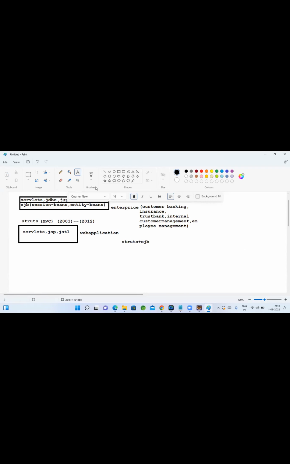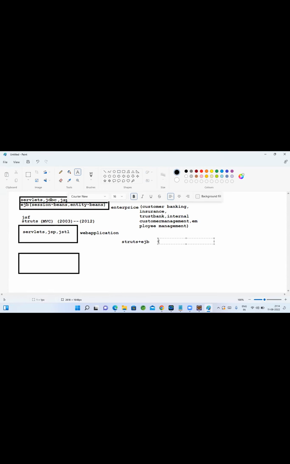And were there any other frameworks that came into the market thereafter? Like Struts, many web frameworks came into the market: Struts, Wicket, JSF also. JSF is also kind of a Struts-like framework. JSF, Java Server Faces. So these are basic MVC frameworks only, for building the web component only.